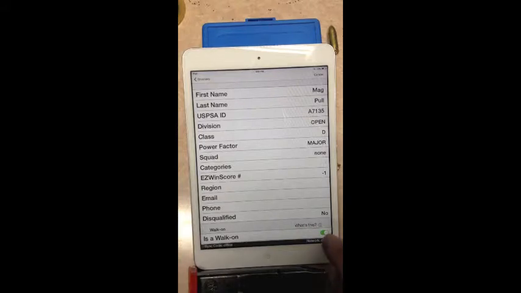Yeah, you just make sure the little green button is turned on there. One of the important things on a walk-on is when you put him in every device, you'll need to make sure and spell his name the exact same way, his ID or his USPSA number. Everything needs to be exactly the same. If you're going to use a capital letter on his first name, use a capital letter on his first name on everything. Otherwise, what happens when you sync it all together, it will have